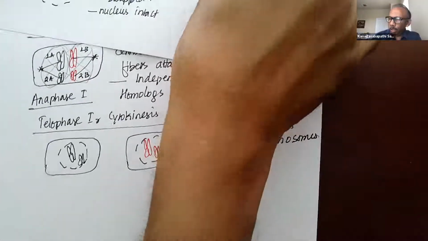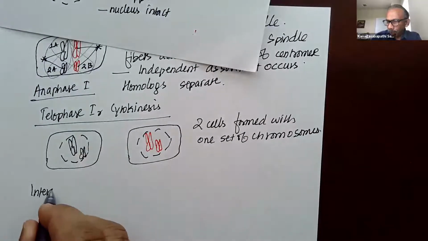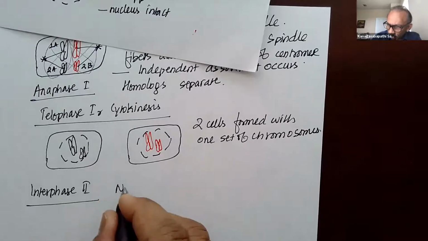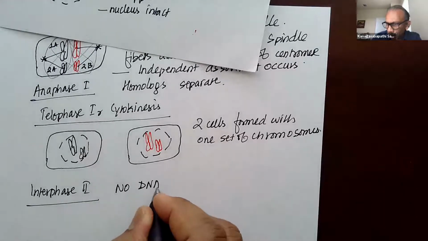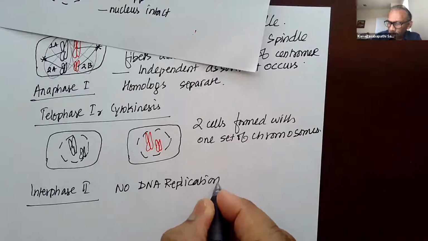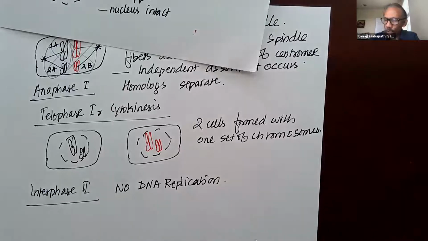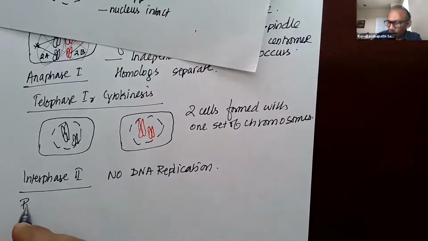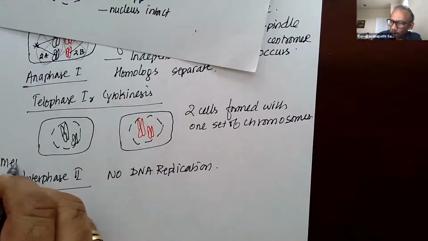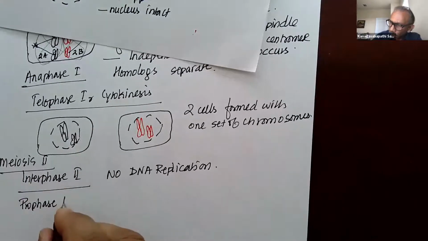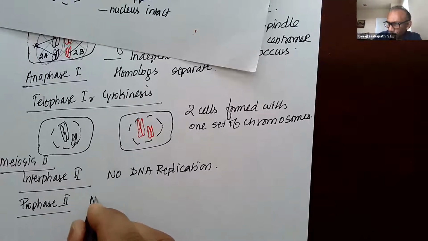All right, let's continue to interphase 2. This is a key thing to understand: no DNA replication. So that is how it is going to reduce the number of chromosomes in half. And so here in prophase 2, this is all about meiosis 2. In prophase 2, no crossing over,